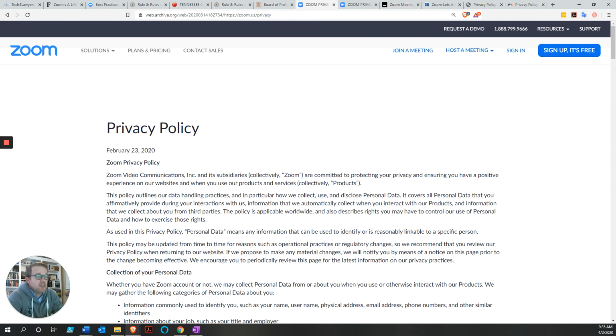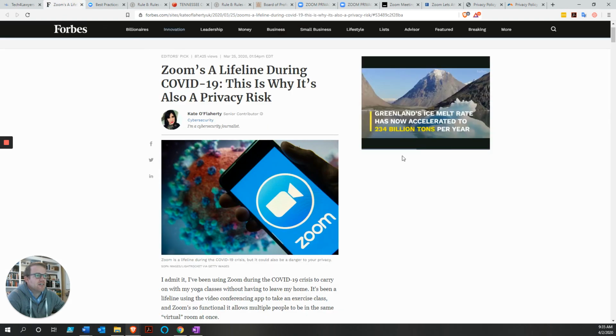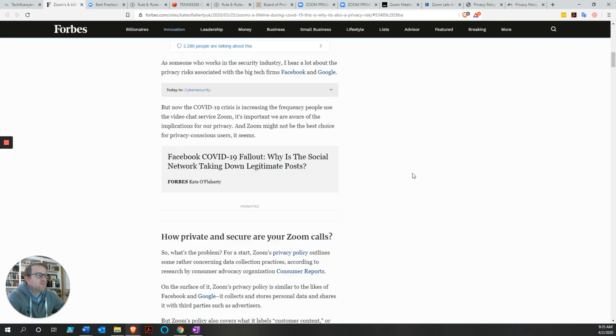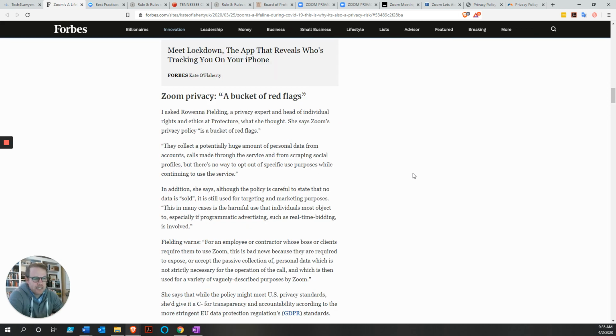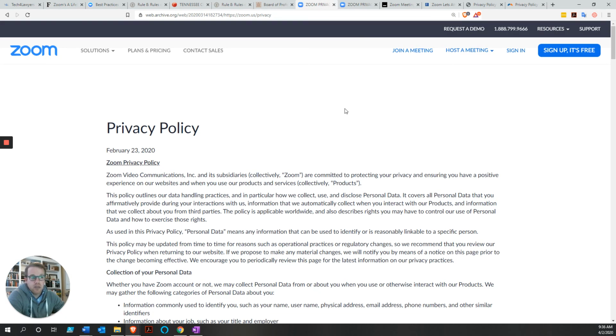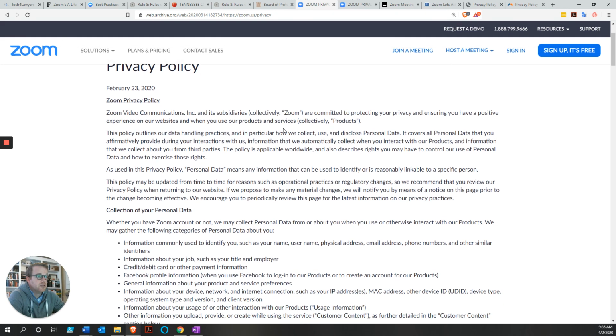They've actually been called a bucket of red flags by some writers. Zoom is a bucket of red flags, and we're going to go through their privacy policy, their old one and their new one, in order to look at what some of those red flags are. And unfortunately, I am going to beat up on Zoom a little bit, but it's because of what's going on with their privacy policies, frankly.